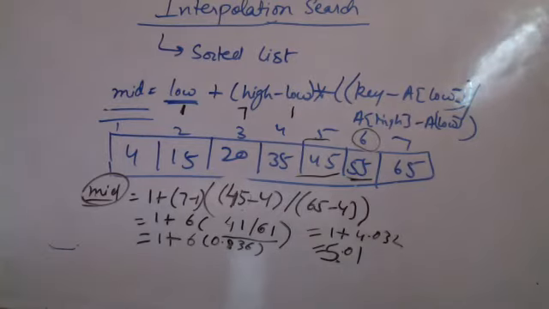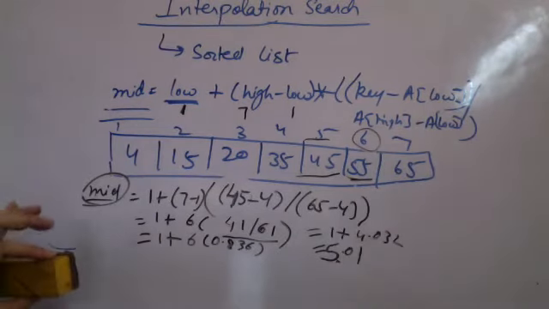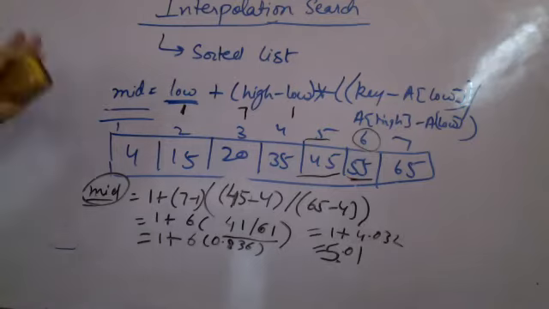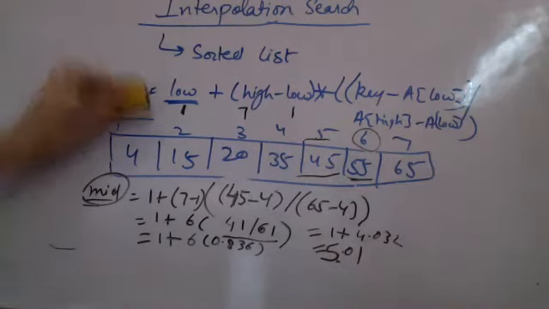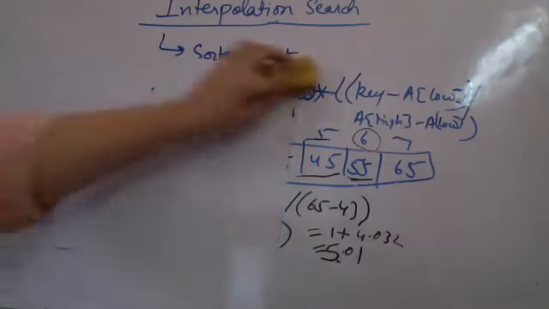So let me give you the algorithm, then we'll see the complexity, which reduces to log of log n. Binary search's complexity is log n. Here the complexity reduces to log of log n. Even after reducing the complexity, we do not use interpolation search. We use binary search. We will see why. Let us see. I hope the concept of searching is clear to all.